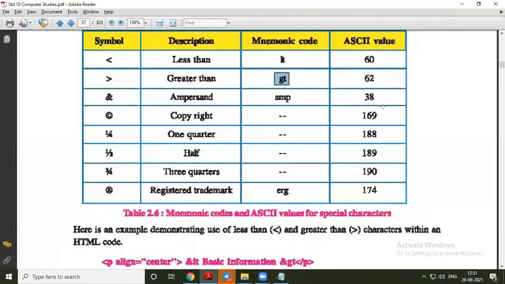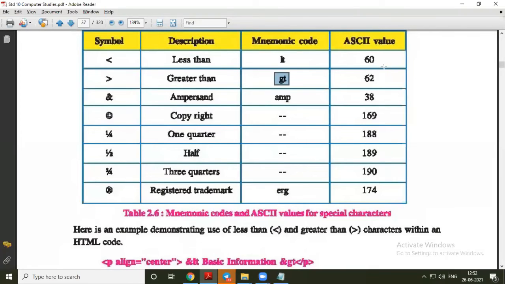So what is the ASCII value? It is called American Standard Code for Information Interchange. Each key of your keyboard is assigned an ASCII value. For example, capital A is 65.